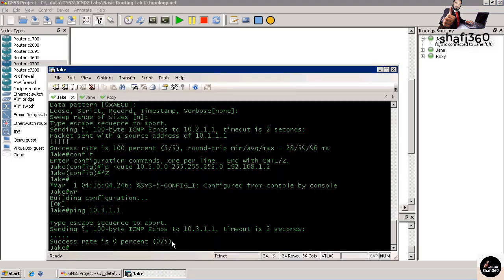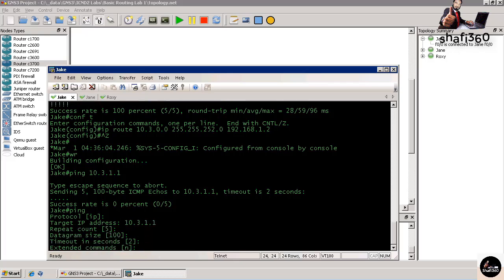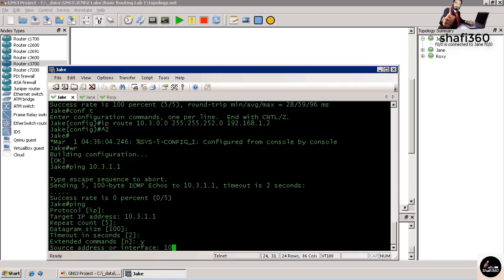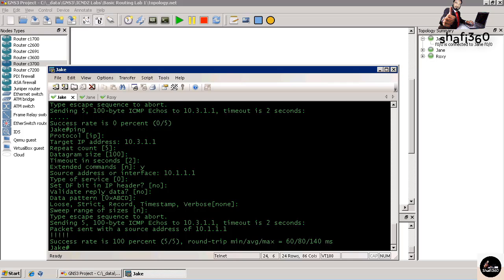Let's actually do the extended ping like we did before and show you that it actually works like it's supposed to. So we'll just do ping for IP 10.3.1.1, and we'll use extended commands. The source will be 10.1.1.1. And now the pings are successful because it's being sent from a source interface that Roxy knows how to get